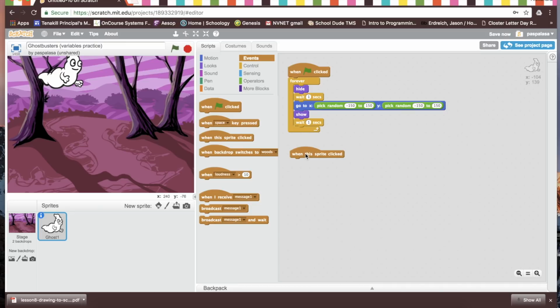If you notice, most of the event blocks, besides the broadcast blocks, have this half circle part at the top of their block. Now that allows no other block to be attached above it like the puzzle pieces of the other blocks. So an event block will always have to start the program because it can't be connected to any other blocks. So regardless, when this sprite is clicked,